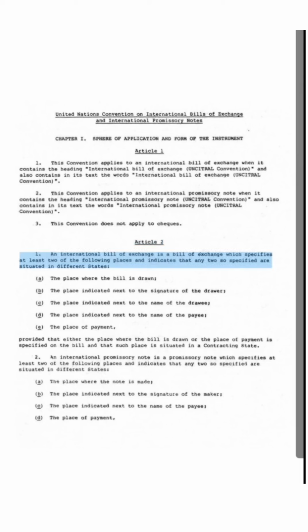Article 2. 1. An international bill of exchange is a bill of exchange which specifies at least two of the following places and indicates that any two so specified are situated in different states: (a) the place where the bill is drawn; (b) the place indicated next to the signature of the drawer; (c) the place indicated next to the name of the drawee; (d) the place indicated next to the name of the payee; (e) the place of payment; provided that either the place where the bill is drawn